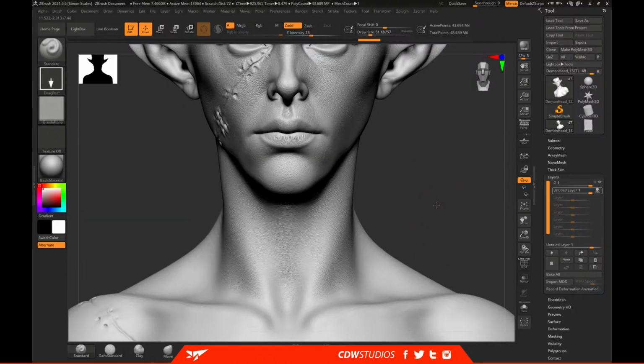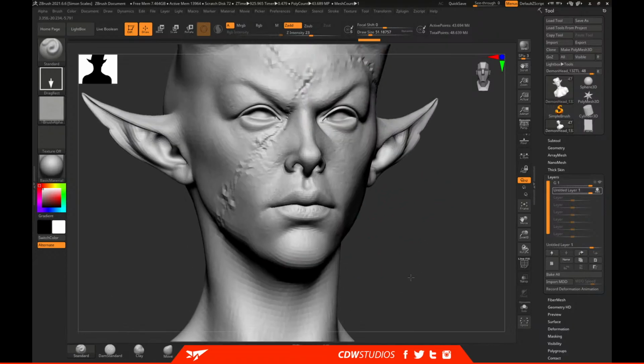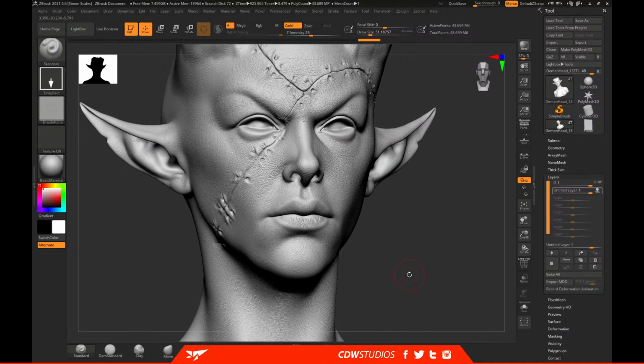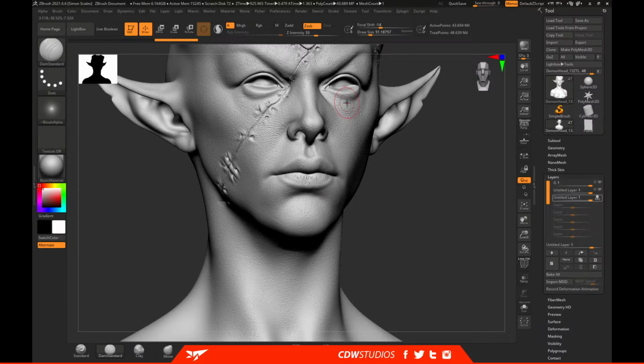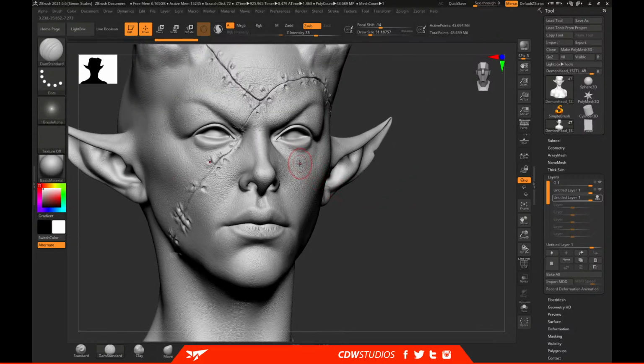Okay, so we'll just focus in on this part of the face for the moment. So let's create another layer, and I'll grab my Dame standard, and we'll come in and fix up